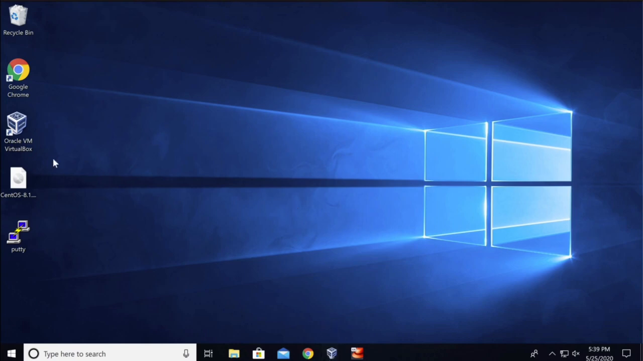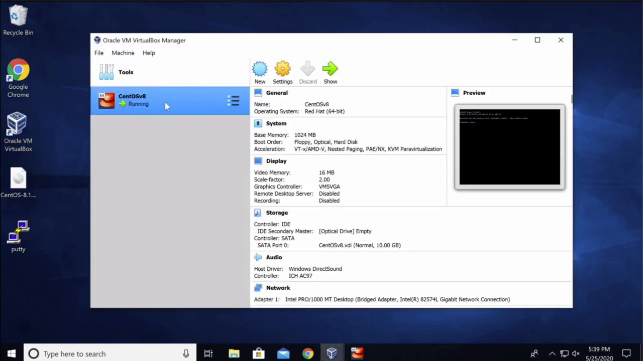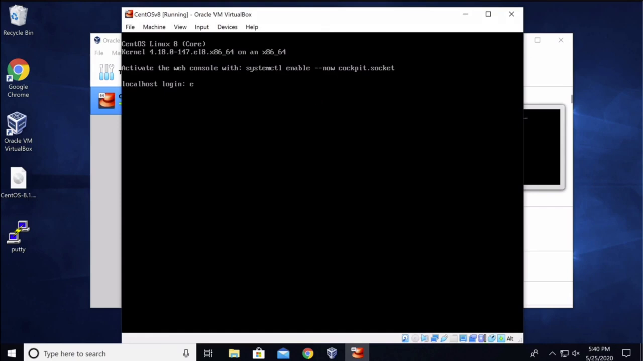Let's open up VirtualBox, click on your server, and click on Show. This will open up the console window. Log into your server by typing in the root ID and the password for root. Once you're logged in, type in